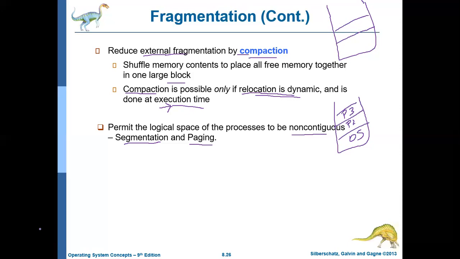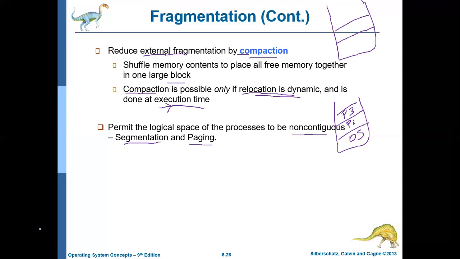Let us stop here. To have a brief overview, we have discussed what contiguous memory allocation is. We have discussed that the operating system will typically occupy the lower address space, and that is what we are going to assume throughout our discussion. And memory will always be allocated to the process in a contiguous way. Then we discussed memory protection. Memory protection is achieved through the base register or relocation register and the limit register. Here the base register will have the starting physical address of the particular process. The limit register will have the range of the logical address.